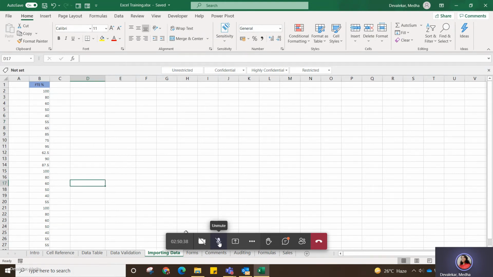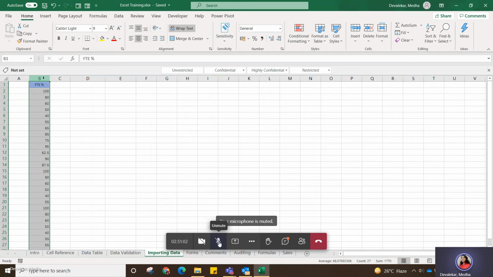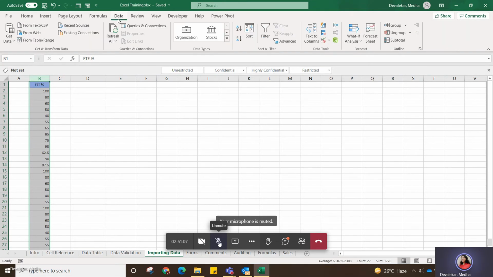But if our data is huge, containing 10,000 rows or maybe 1,000 rows, then you can't scroll down and remember which is duplicate and which is not. So what you can do is select the data. If your data has more columns, select like this. But as of now I have only one column, so I'll select only one column. Again I'll go to the Data tab, where our data validation is.